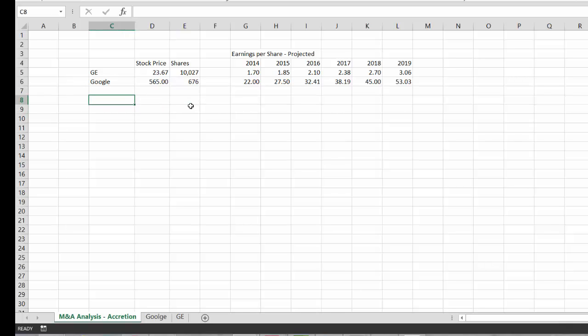So if we want to, let's put a transaction assumptions, and let's really just put the premium here, and let's put synergies. But let's say that synergies are nothing. This is the whole issue with this kind of analysis. Let's say the premium is 40%. So you have to pay a big premium. Google has to pay a big premium to buy General Electric. Now when they do this,